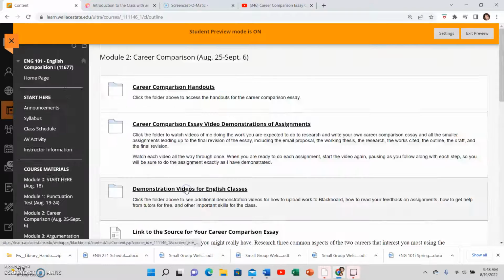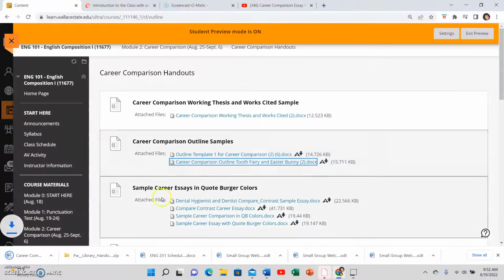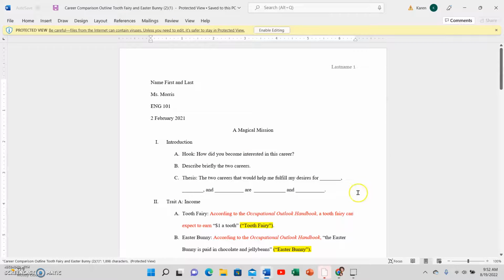When you click on Career Comparison Handouts, you will find lots of handouts. You'll even find outline samples. These are sort of abbreviated outlines. They're not full sentence outlines. So the demonstration videos have full sentences in some of the outlines, and so because you guys are working really fast, I'm fine if you use either of these two as samples and you just fill in really what your research is. I'm going to be looking to see that you do have 6 quotations in there